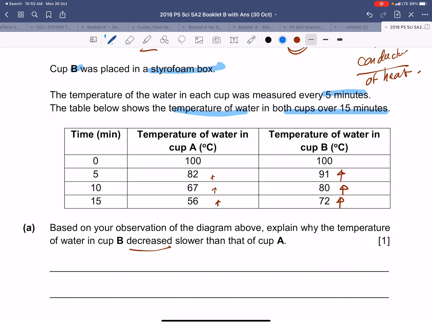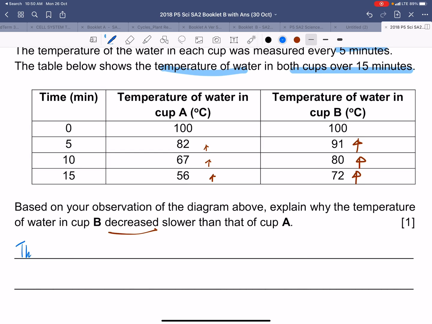So what we need to first explain is that the air spaces in the styrofoam